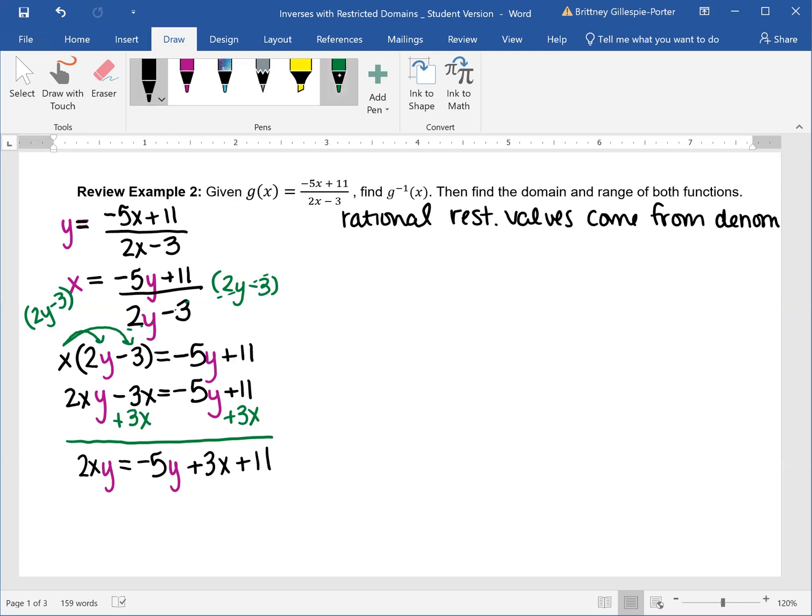We need to get all of our y's to one side, so I'm going to add 5y to both sides. Remember, you can skip this step if you're comfortable doing it in your head and go straight to